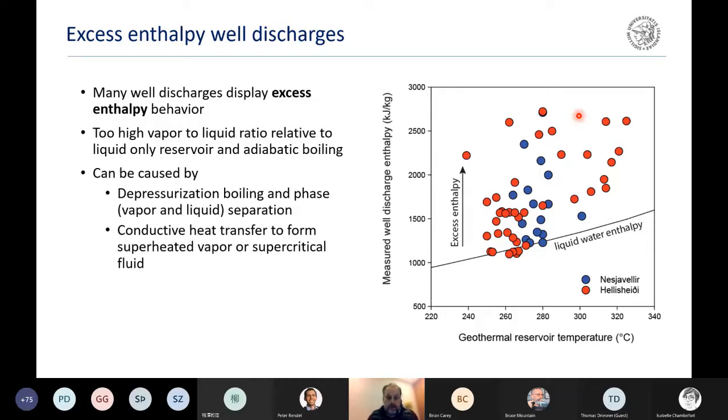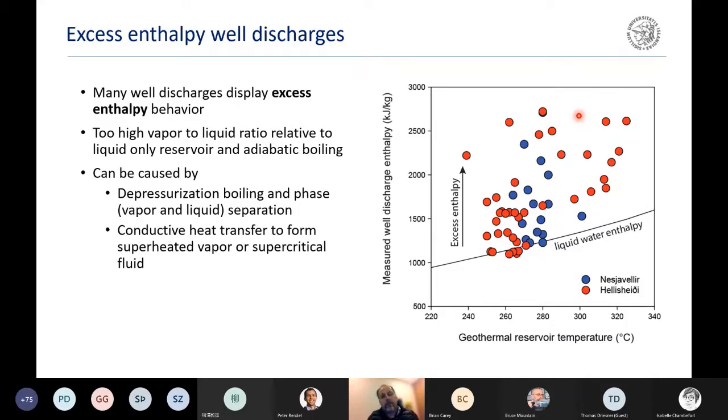So there are two ways of explaining this type of behavior. The first one is simply physics, that we have depressurization boiling and phase separation in the conduit or in the upflow of the system. So basically the steam phase or the vapor phase, having a lower viscosity and density, will just travel faster, whereas the boiled liquid will somehow get stuck on mineral surface grains. The other way of